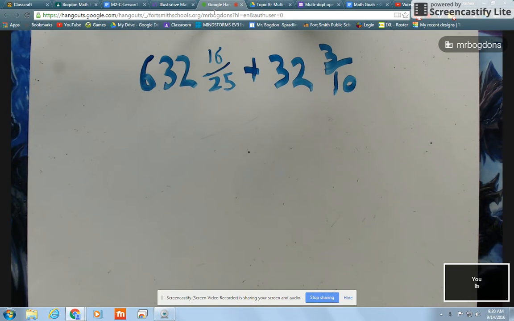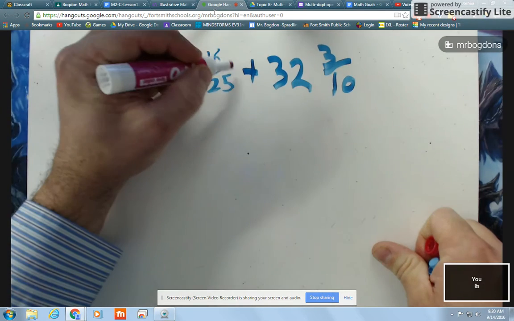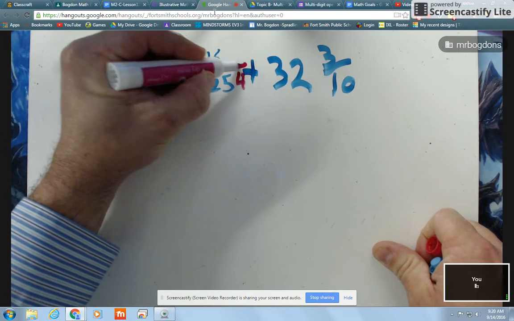Okay. Now I see 632 and 16/25. Let's look at the denominator. Is there some number I can multiply by 25 to make it equal a power of 10? If I multiply 25 times 10, that will give me 250. Yeah? 4. Okay. So if I multiply this by 4 in my denominator,